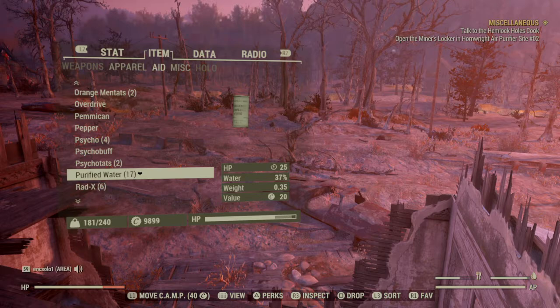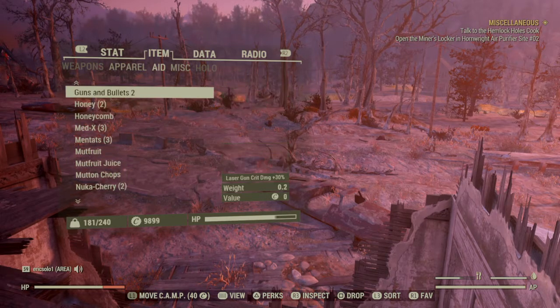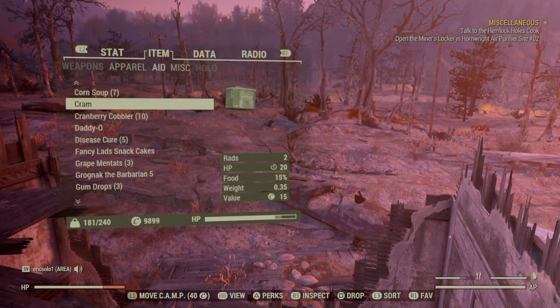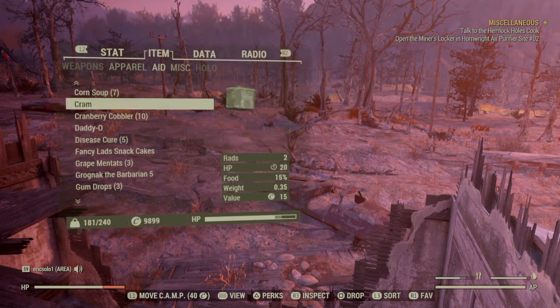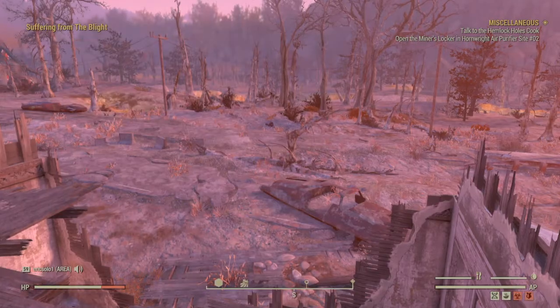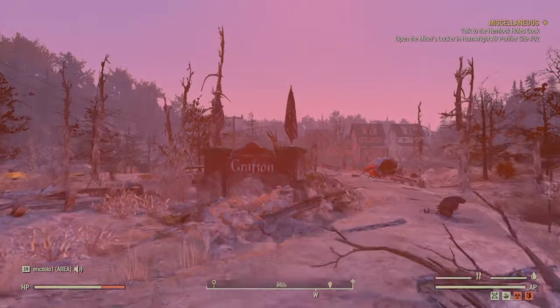Let me drink something here. Of course, Fallout 76 is a survival game, so you have to eat and drink. If you don't eat and drink, you'll die. What am I gonna eat here? I could eat dog food or cranberry cobbler. Let's go for the cobbler. Alright, let's get started. See if we can find something interesting to kill here